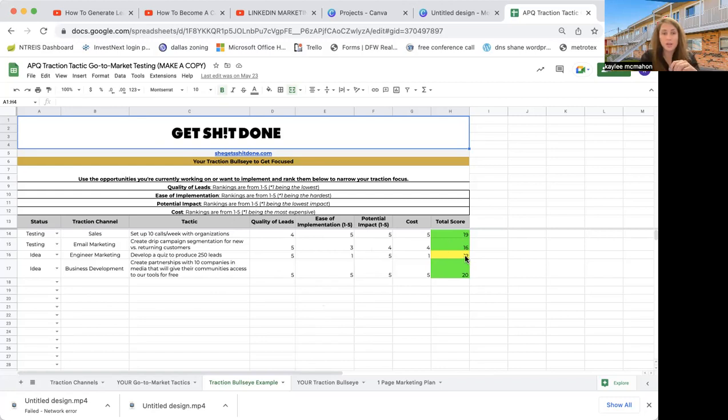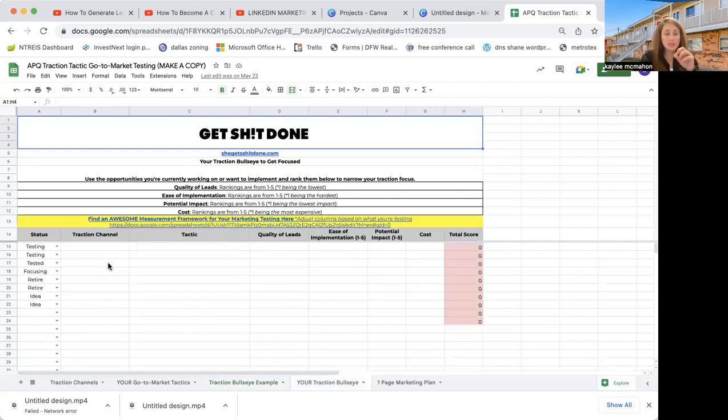So right here, we can see that the top one in business development is creating partnerships with 10 companies in media that will give their communities access to our tools for free. So we give our tools for free, they give us media access. One example of those 18 traction tools. So in this example, that was performing the best after testing these for a week. So then you say, okay, great. Now I know the traction bullseye of getting partnerships. So then basically, then